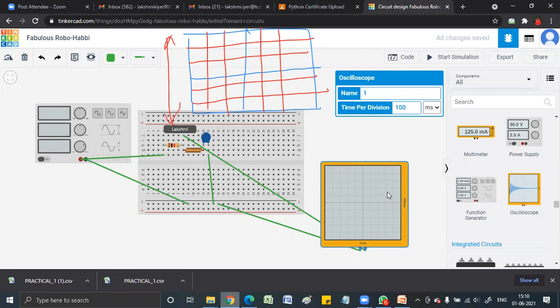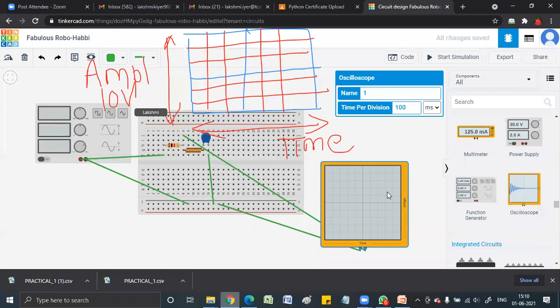Okay. The y-axis represents the voltage. The x-axis represents the time. Oscilloscope doesn't give the frequency directly, it gives the time. You have to convert it to 1 by t, that will give you f. Okay, and the y-axis tells you the amplitude. So if I say this entire height of the box is 10 volts. Okay, so I say the entire height of the box is 10 volts.